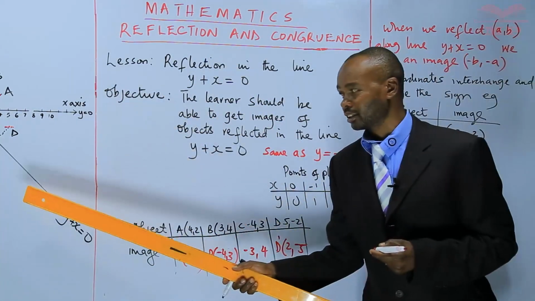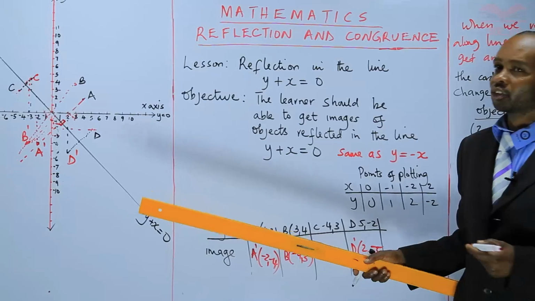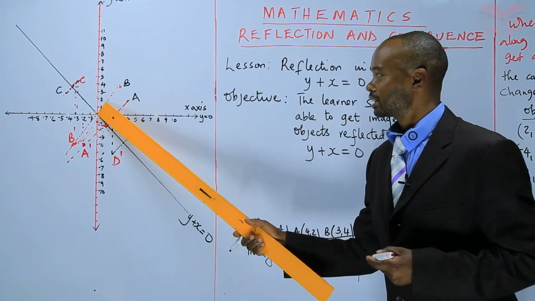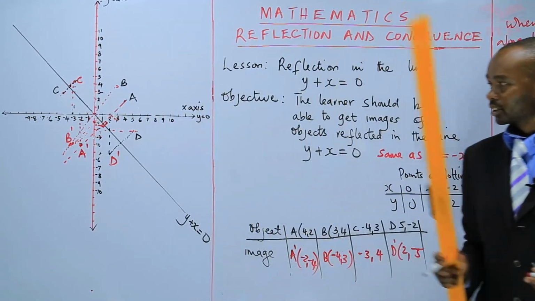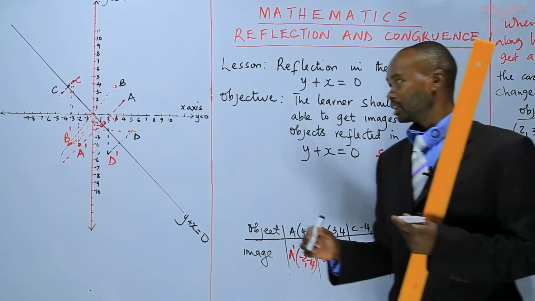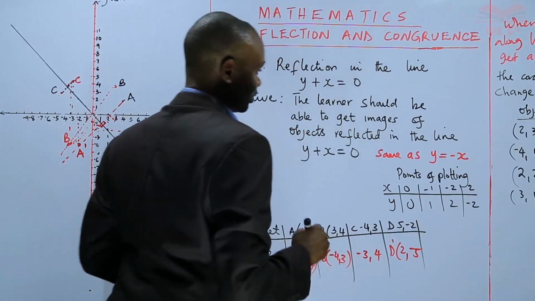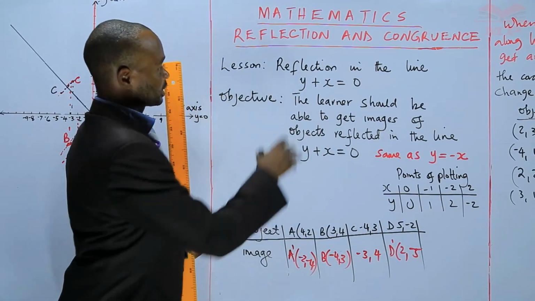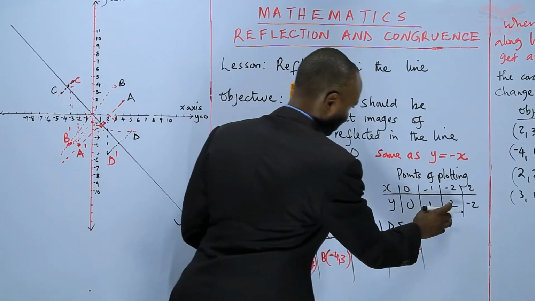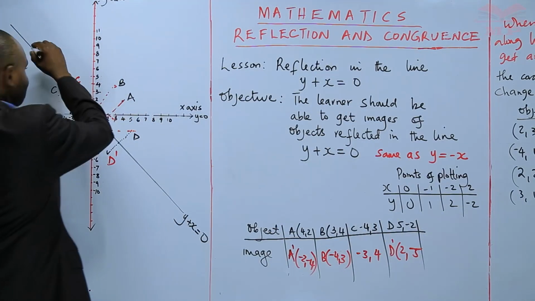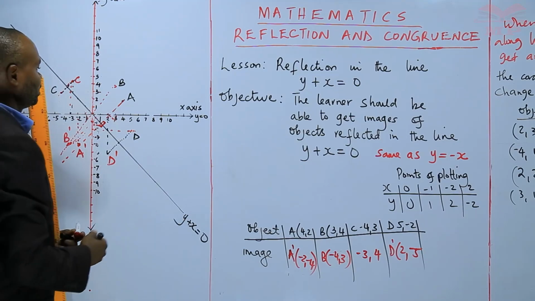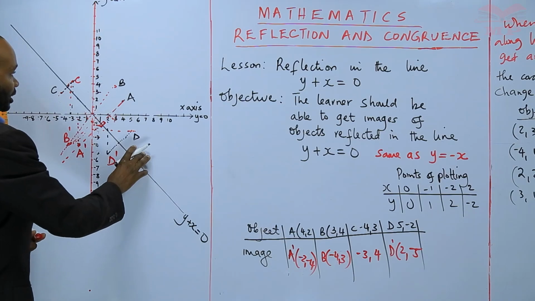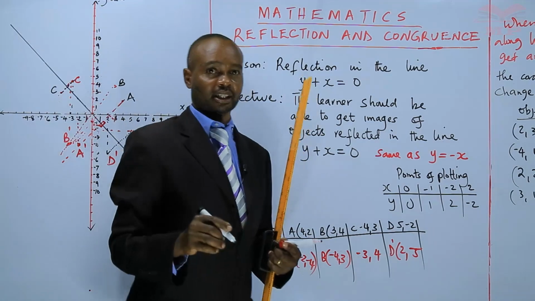We've also discovered that line y plus x is 0 is perpendicular to line y is equal to x at the origin. The origin is 0, 0. So at that point, note what we've gone through. We started with that. We collected points which helped us to trace the line y plus x is 0. Then we did trials for several points. And for you learner to get it well, in your graph book,